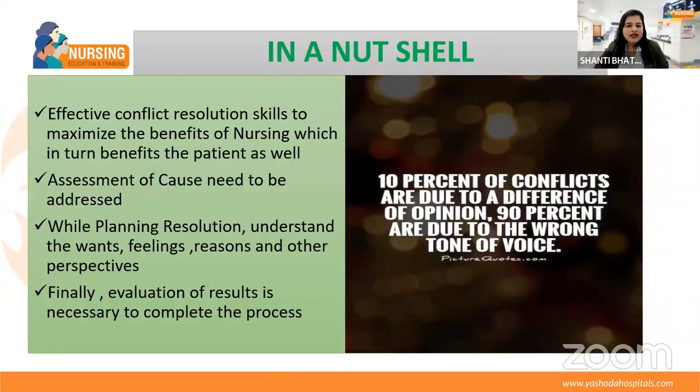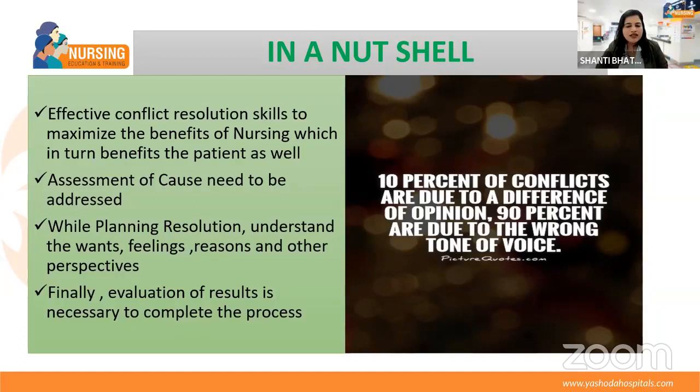So, in a nutshell, 10% of conflicts are due to a difference of opinion, but 90% are due to the wrong tone of voice. Yes, I do agree, because I also have this kind of scenario. So I urge everybody to have such a tone of voice always reframed whenever you have a conflict. There are three to four nutshell parameters, which are nothing but effective conflict resolution skills